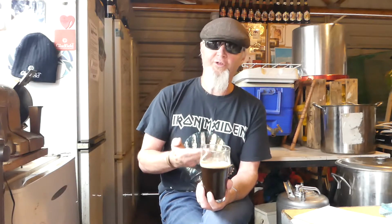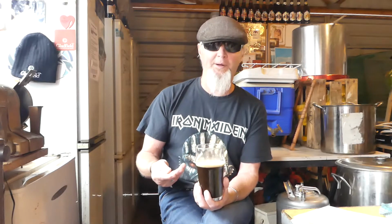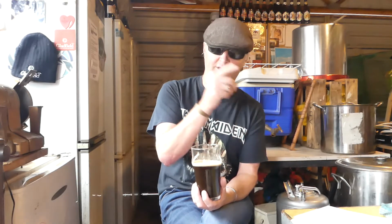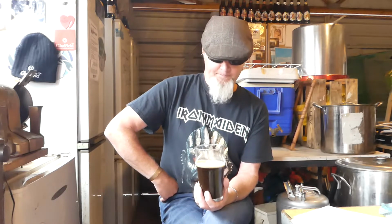So, of course, it's very, very young in the keg, and I would expect after a week different things will happen. Like the last stout that I had in the keg that I told you about last week, that changed totally over about a week and a half. So what I'm getting is the cocoa up front. But the cocoa, and now I'm getting the roasted malts. Now I'm really getting the roasted malts on the palate,